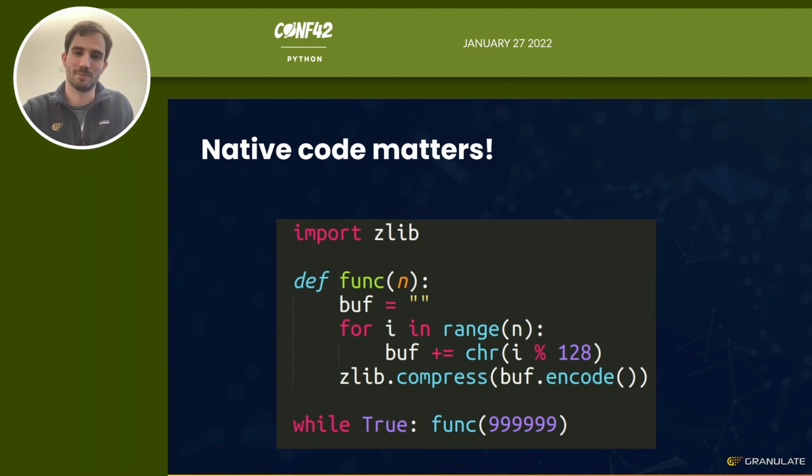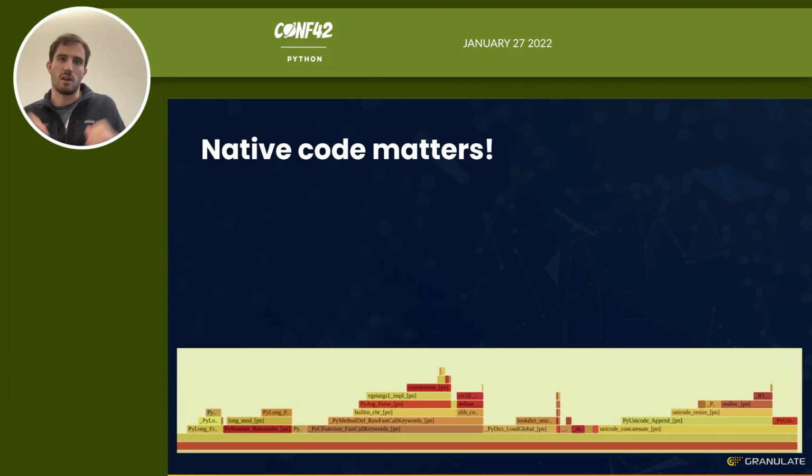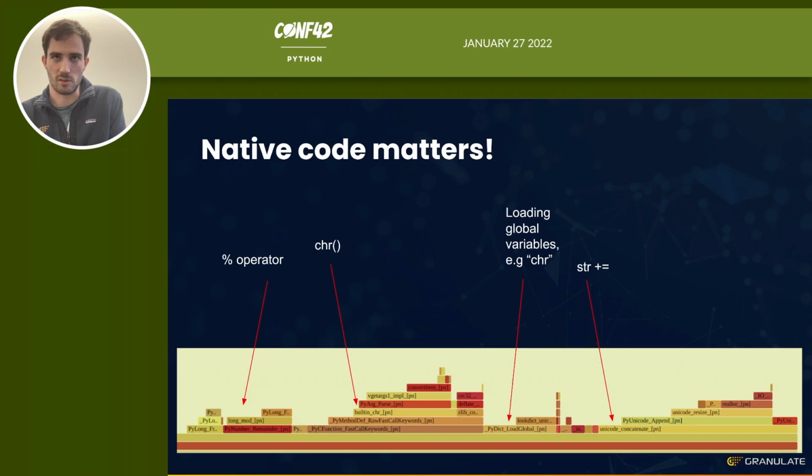I'll continue now. So here I've cut out the relevant native profile of this function. The bottommost frame is the Python function itself, and all frames above it are the native functions that our Python function, which I've named func, is calling. I've added some arrows to explain which is coming from where. And we can see some things that, after I wrote this, I did not expect the profile to look like. For example,